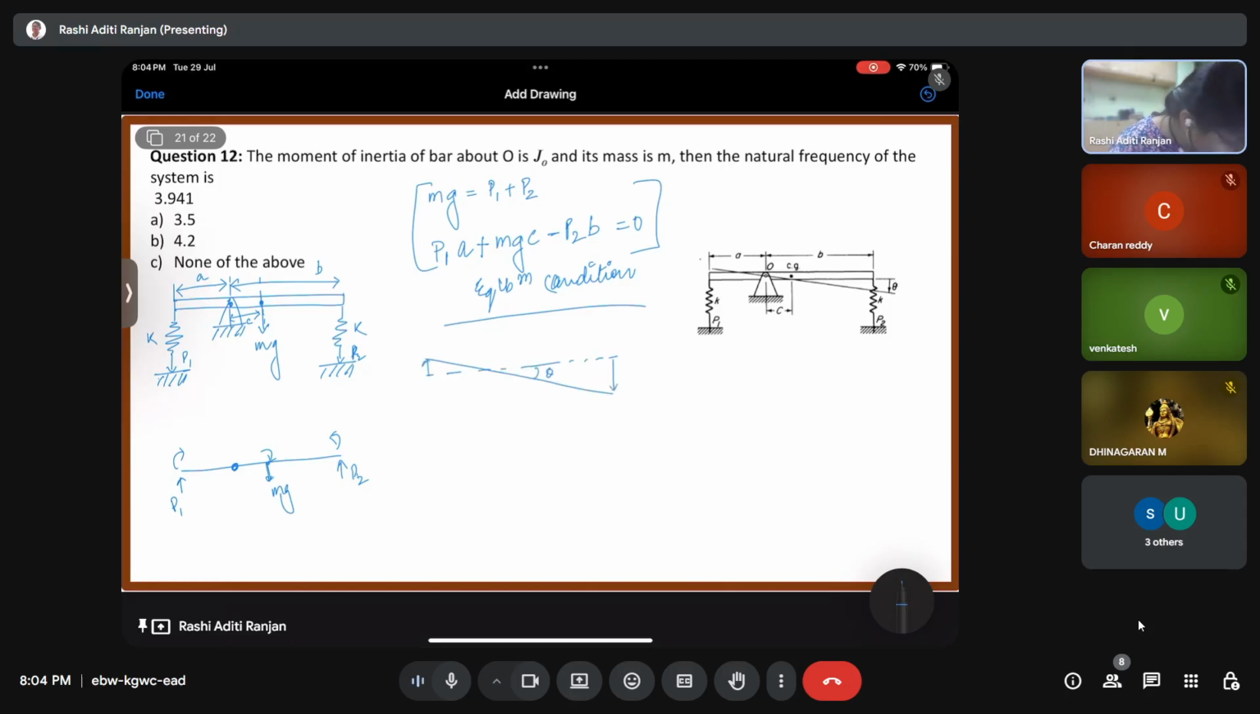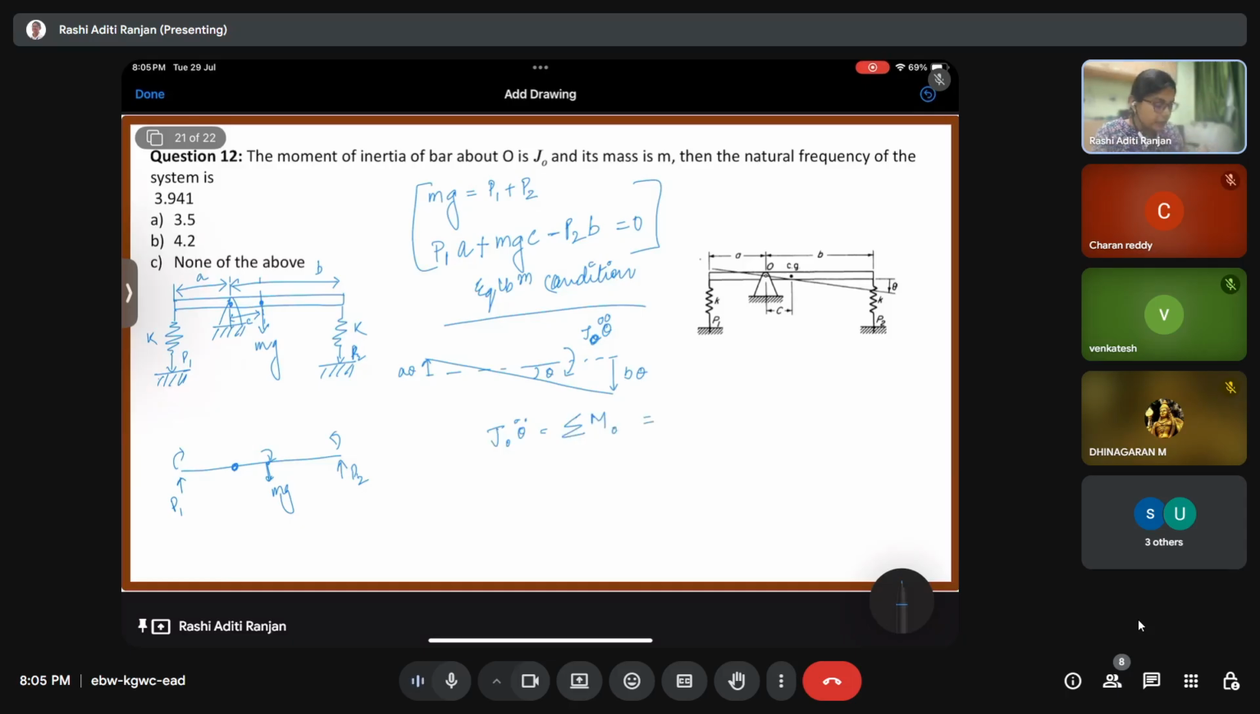We have this, we have this. This will be B theta. This will be A theta, right? So now if I evaluate the moment so that I can get the equation of motion, this is going to be nothing but J naught theta double dot. So I get that J naught theta double dot is going to be equal to the summation of all the moments about O,